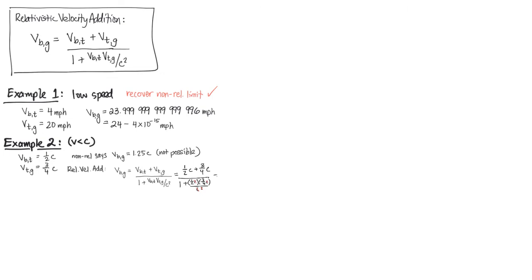In the numerator, we have half plus 3/4, that's 5/4 c. And in the denominator, we have 1 plus 3/8, right? 1/2 times 3/4 is 3/8. So that's 5/4 c divided by 11/8. So that's 5/4 times 8/11 c